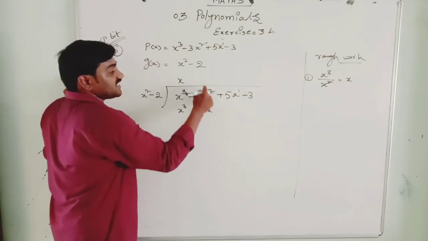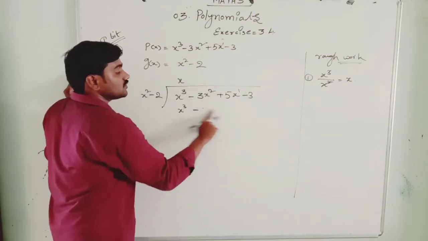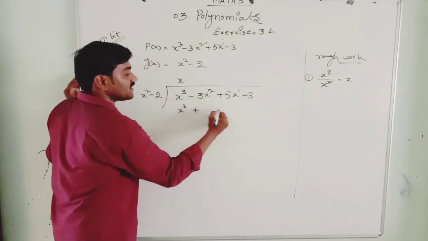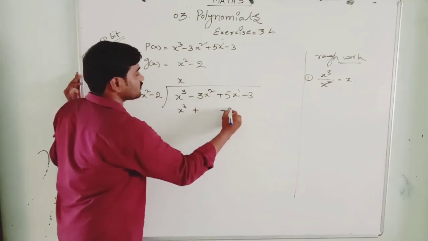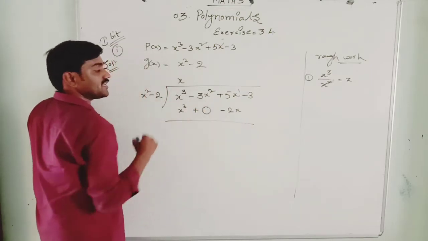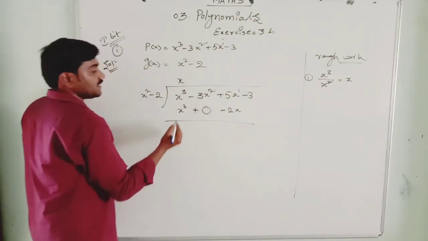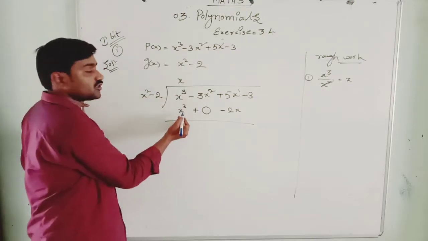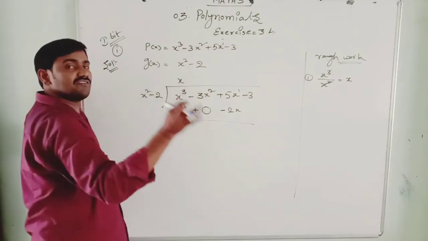It is an x square term, and that is an x term. So this x square term we did not get. Here we got the x term, that is minus 2x, I will write here. But here I don't have x square, so I put plus 0. See, here plus x cube, both are the same. The first term is always the same.